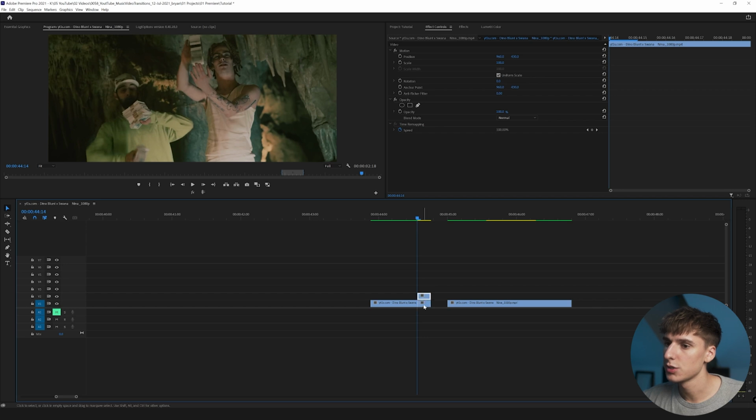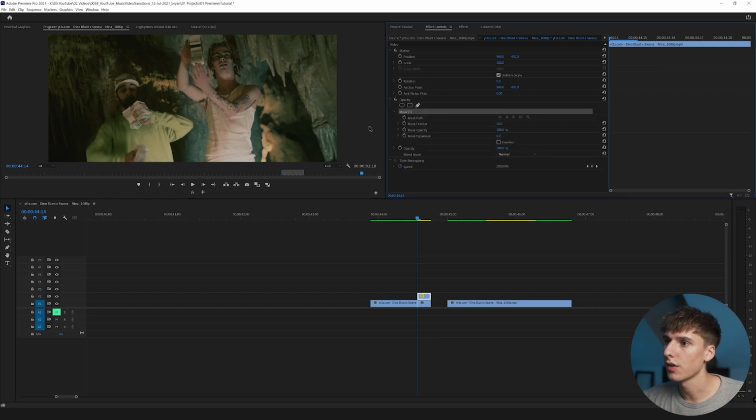So now there's 2 of the frozen layers here, and then I'm going to go ahead and go to the opacity tool and click the pen tool, and then just pen tool out your subject. The more time you spend on this, the better it's gonna look. And honestly, this is kind of why I don't recommend doing it this faster way, is because the pen tool in Premiere is kind of annoying and it's not that good. But if you don't really have much time to get a project done, this might be your best option.